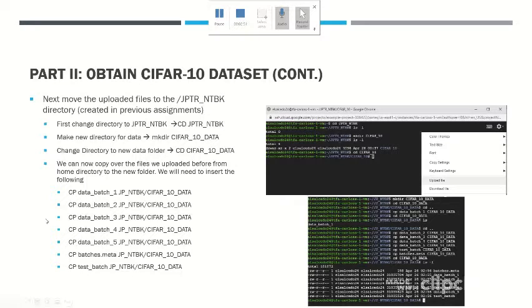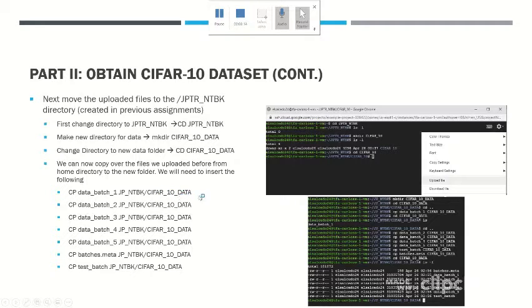From there, I used the copy function on all the files that I brought in, which are data batch 1, 2, 3, 4, 5, the batches.meta and test batch. And then I redirected them to within the Jupyter Notebook to that